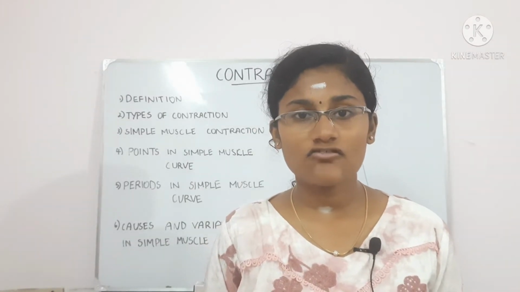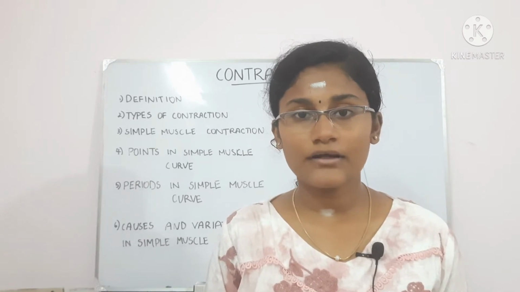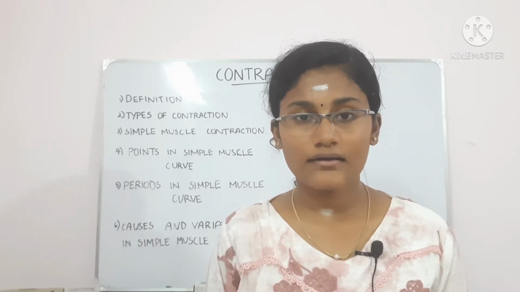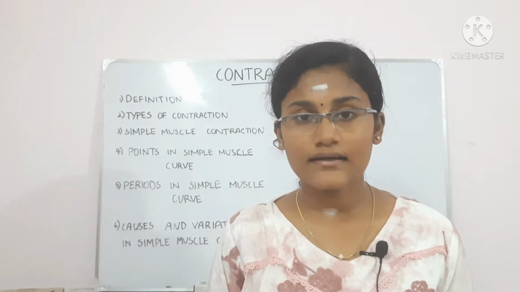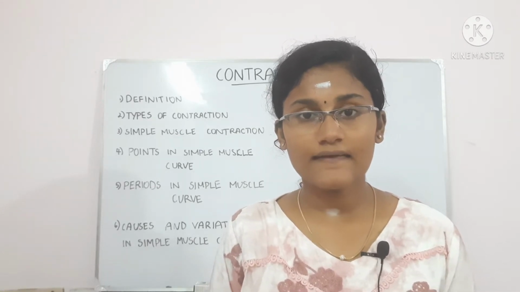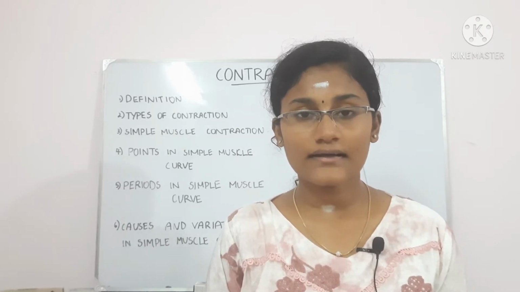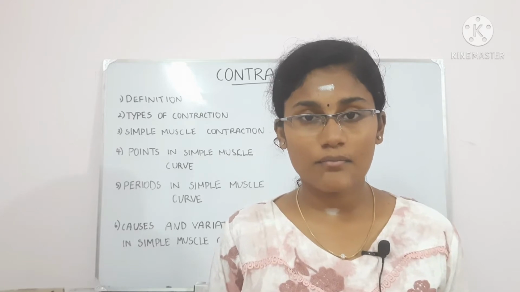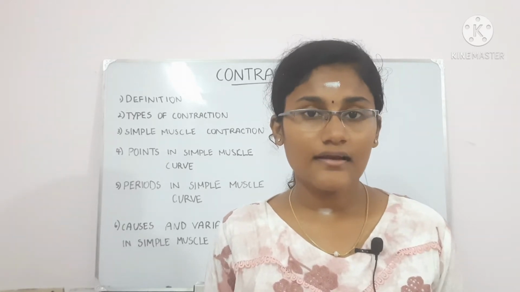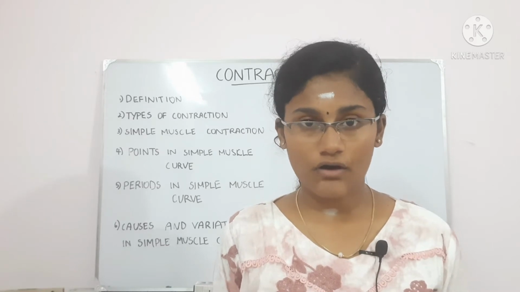So what is the definition of contractility? Contractility means a muscle responding to a stimulus. Its definition is that it is an internal change of events in the muscle, and this either results in a change in the length or the tension of the muscle. So contractility is the internal events of a muscle resulting in a change of length or tension of the muscle. And there are two types of contraction.